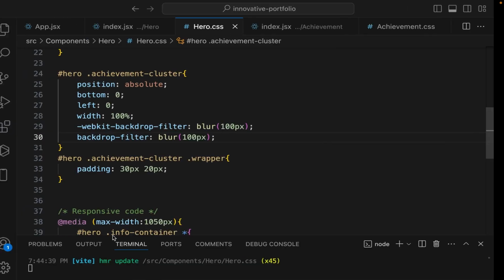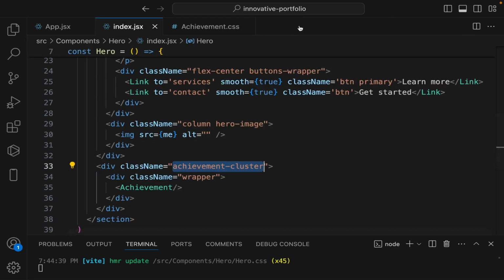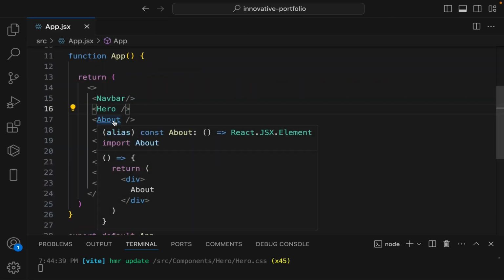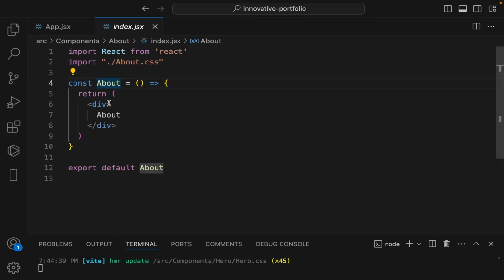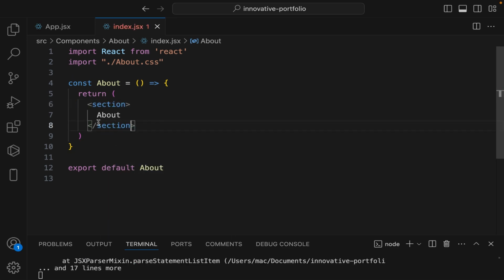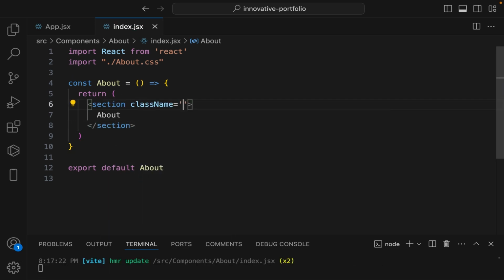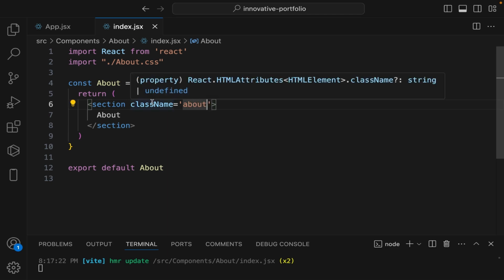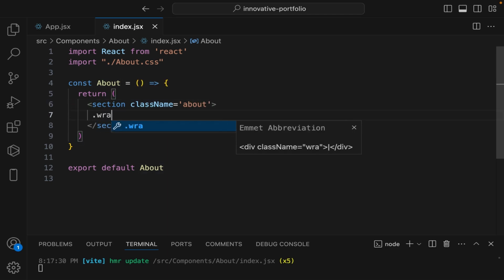So this is it. Later on, we're going to come back and animate the hero section. We're not going to be writing the animation for now. Let's finish all the parts we are creating before we start writing animation code. So here in about,